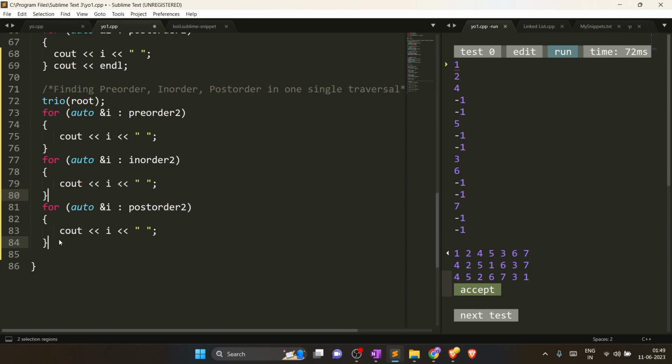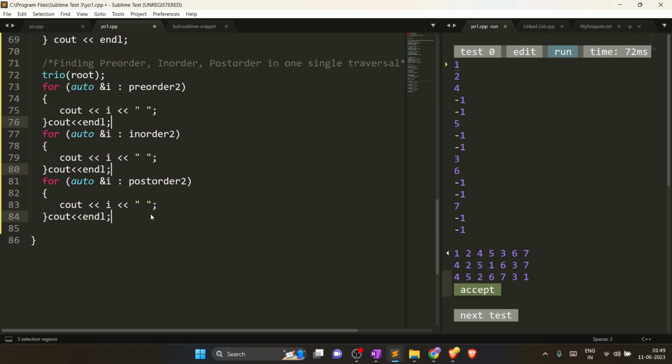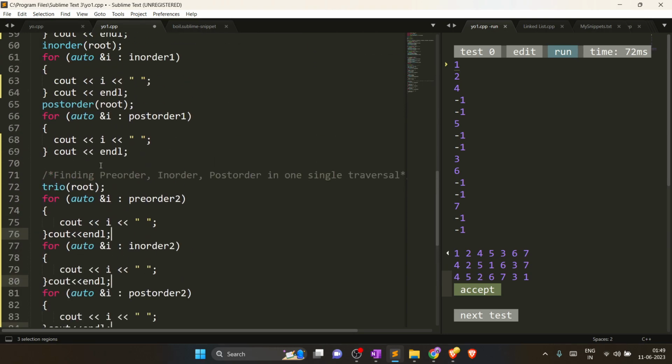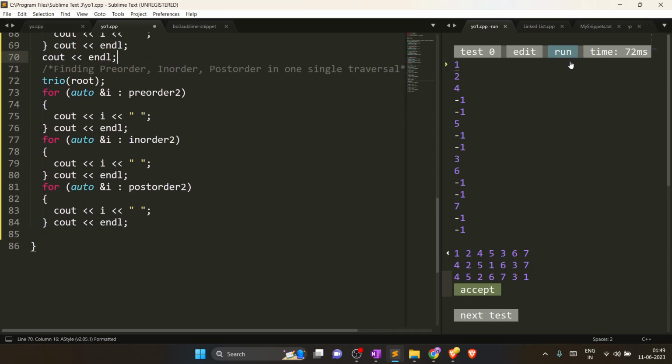Let me just add a heading here so that it won't create any confusion. So as soon as we run it,